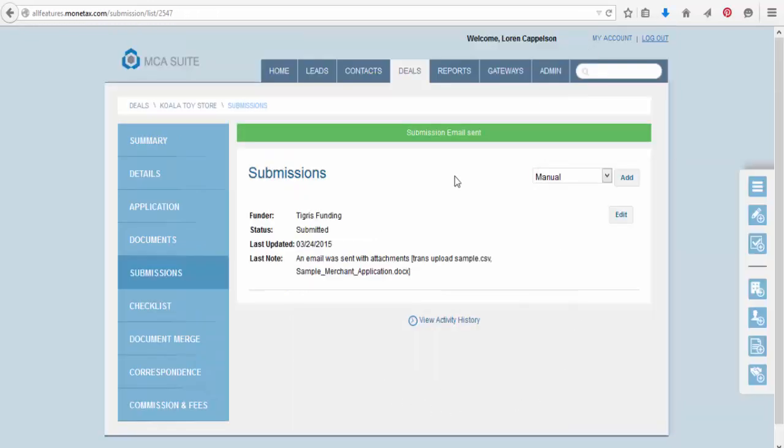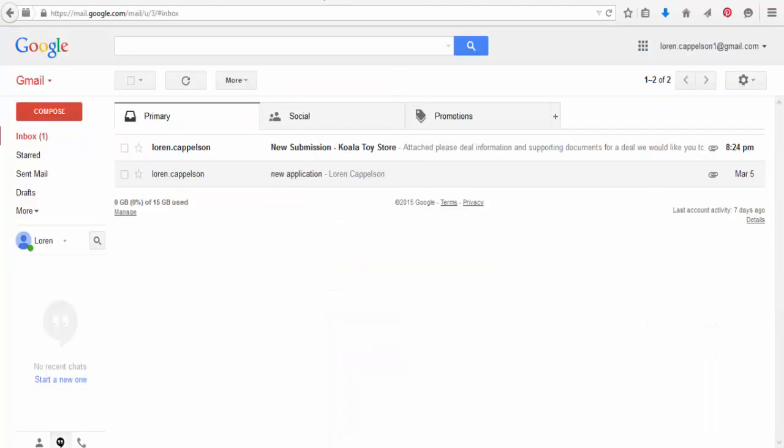Okay, so now you can see that we've recorded the fact the submission was sent. The submission was sent to Tigers Funding as an email with attachments. So now to check the email as if I were a funder, I'm going to go into my email client, and you can see the submission email is right there with the subject New Submission and then the name of